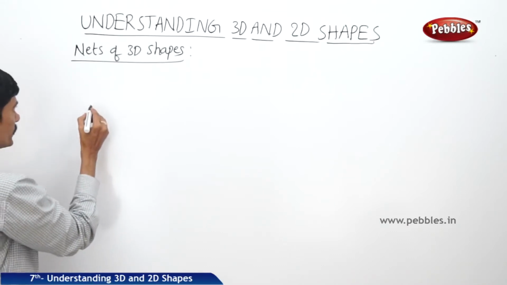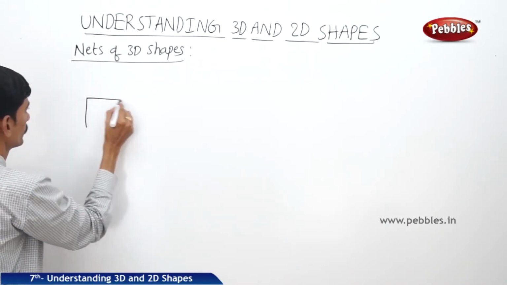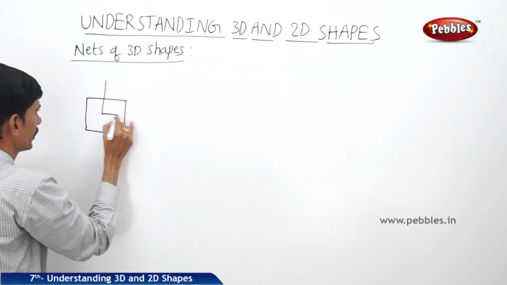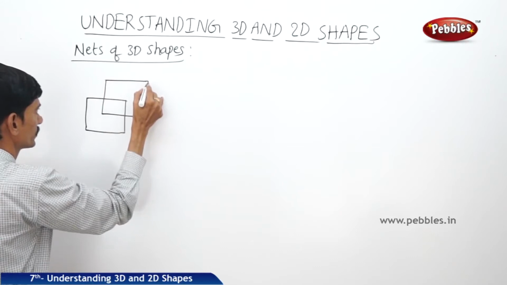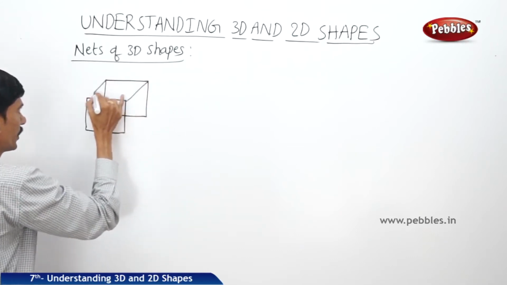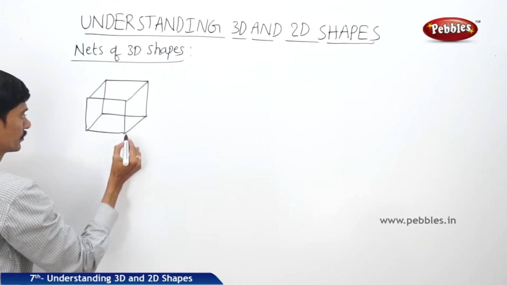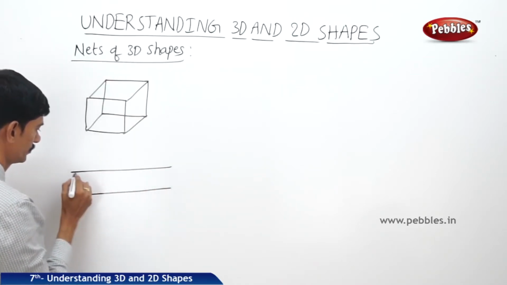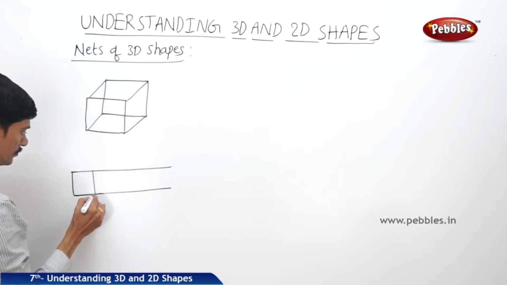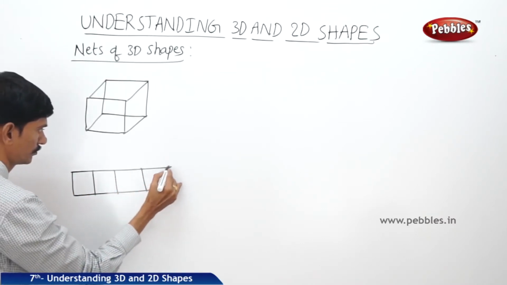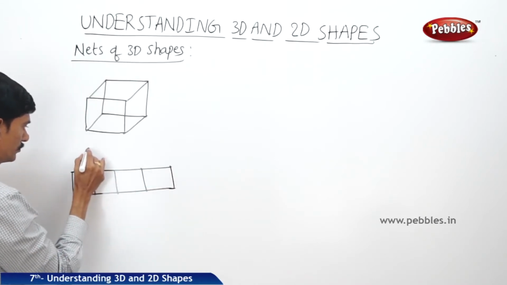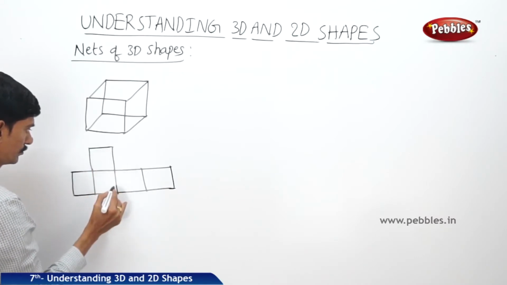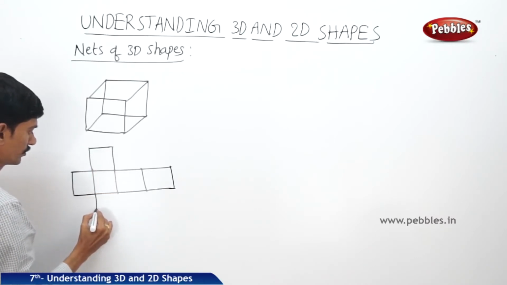So for example, if you take any carton which is in the shape of a cube, and if you cut along the edges, then we get a flat surface. Now this is the net